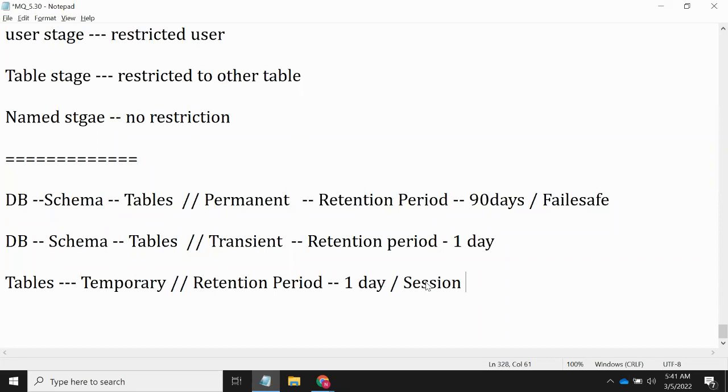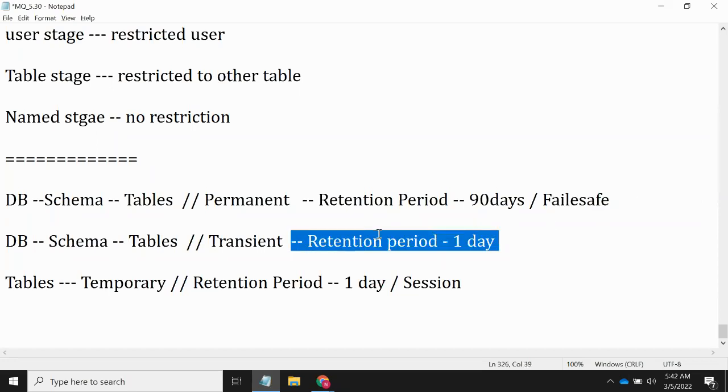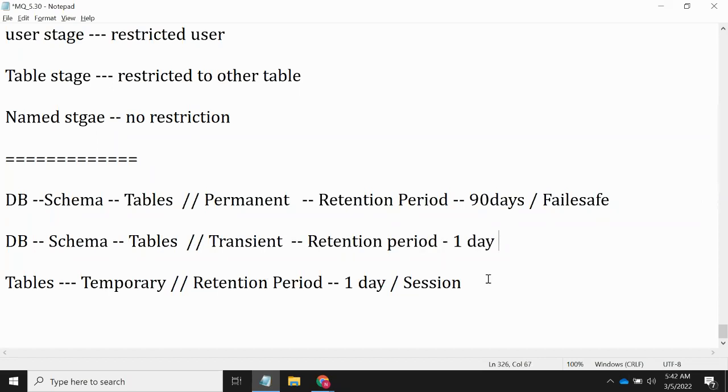Based on our requirement, we are going to use temporary tables, transient tables, or permanent tables. Permanent tables have a retention period of 90 days, and fail-safe will be available. This is always the default one. When you create a table, by default it will go to permanent. Coming to transient, the retention period is 1 day, and for temporary the retention period is 1 day too, and it is only applicable